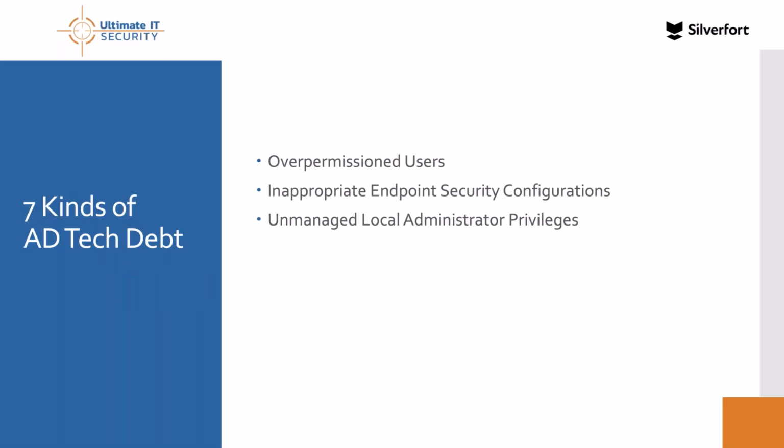But I was even thinking for something like the local admin privileges, here's just a simple example. If you're not careful where it's granted, you could end up having an account that has log on locally rights to a server that's acting as a DC. And so now that means they have, in essence, let's call it logically physical access. I don't know if that even makes any sense, but you get what I mean. It might be a VM, but they have physical access to the database now, and can go grab the database and then try to hack it and get into Active Directory. So there's lots of things that can happen here.